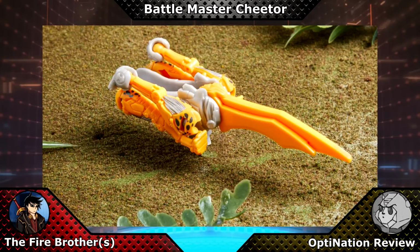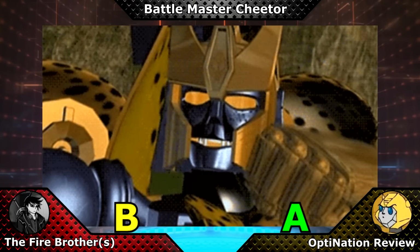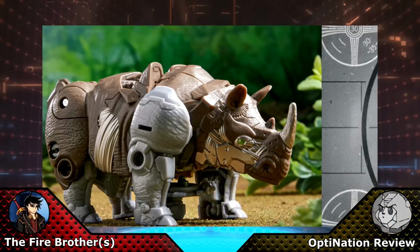It's a solid figure. I'll put it in B. It's just okay. I put it in A just because I love Cheetor. Okay, next up we got Rhinox,